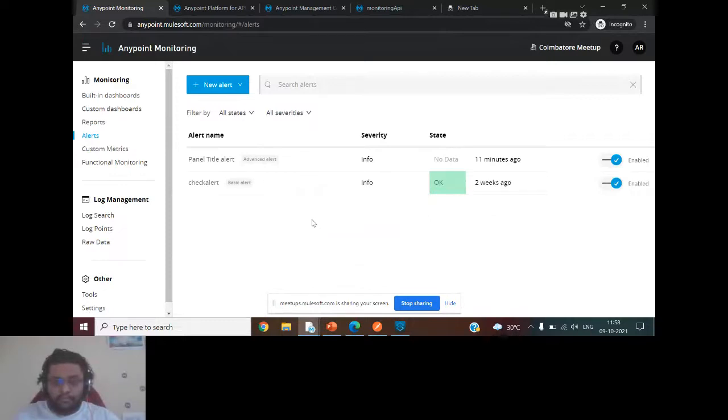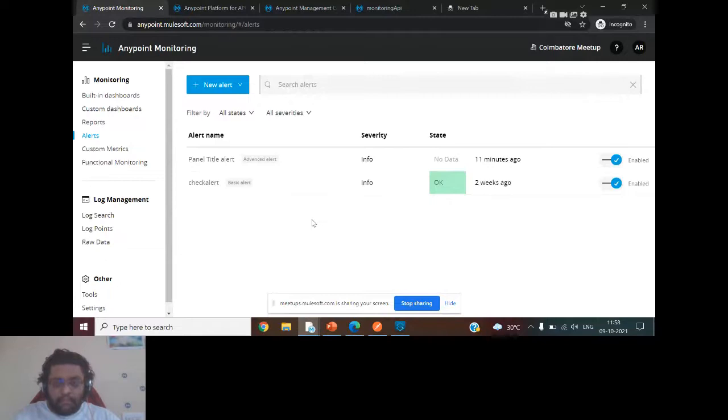An alert indicates whether your MuleSoft API, or for that matter a resource, is behaving as expected. That's what an alert is going to define. Alerts also give early identification or early notification about something in your API, so that we can take proper action accordingly.